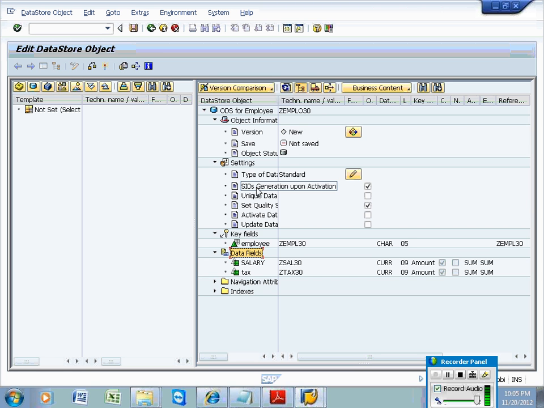Check quality status, activate data automatically, update data automatically. You need to uncheck this if you don't want to report on top of the DSO. Uncheck that one. Then activate it.